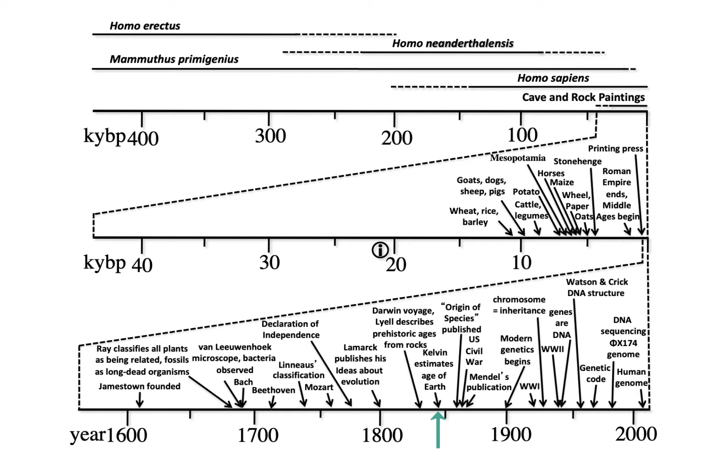And so now we know that the age of the Earth is about 4.55 billion years old rather than tens of millions of years old. But this was quite a surprise to people. And then here's